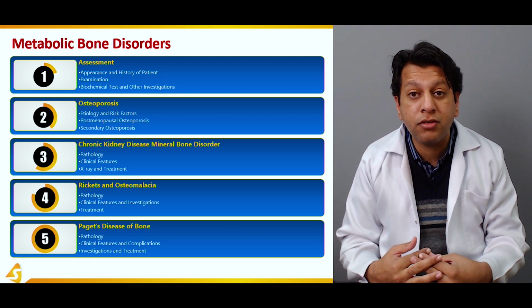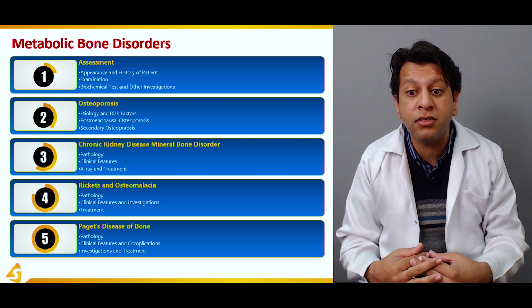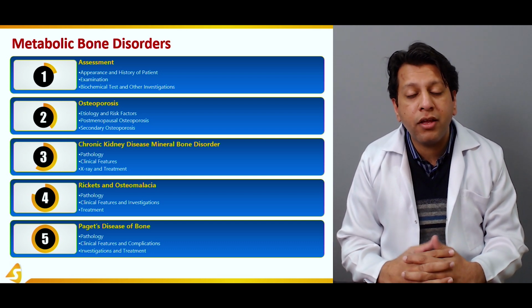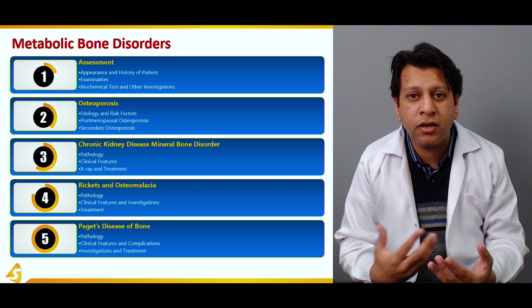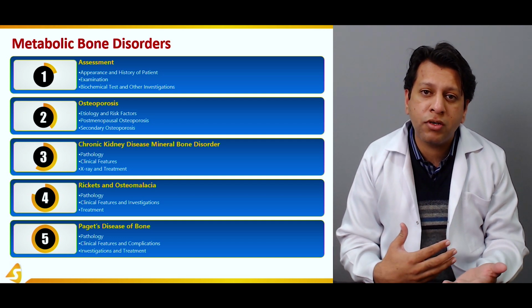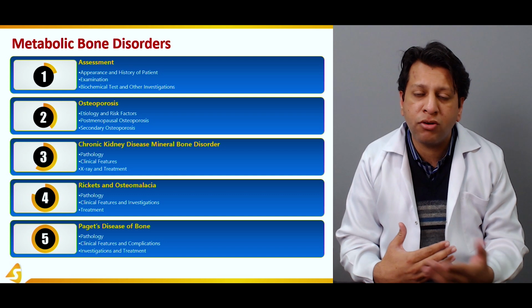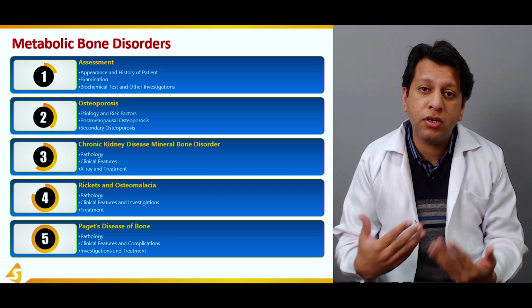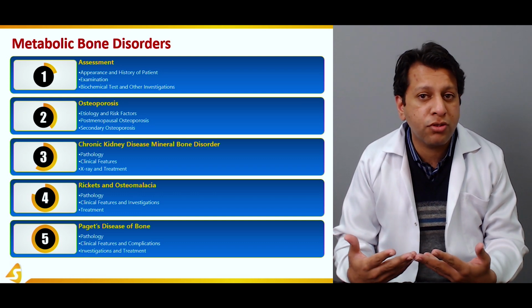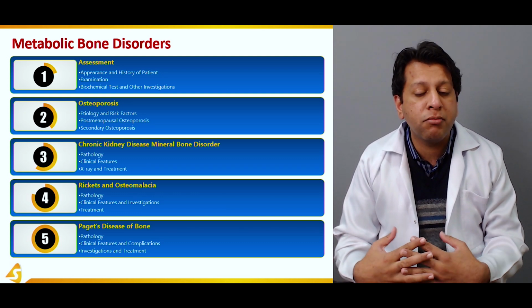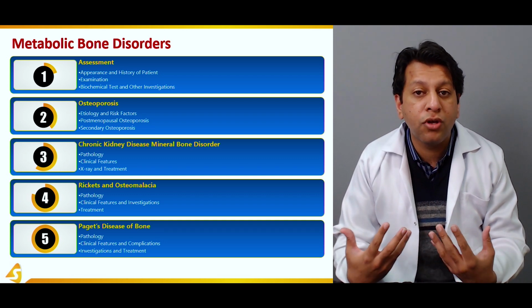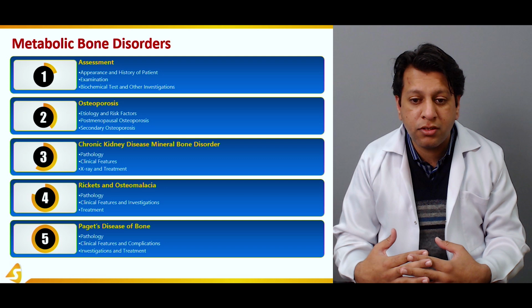In the third section, we'll be going through chronic kidney disease, which is called renal osteodystrophy. In adults, the patients who are suffering from long-standing diabetes and long-standing kidney diseases, as diabetes also affects the kidneys, eventually have renal osteodystrophy. And we will briefly discuss the pathology, clinical picture, X-rays and treatment of those patients.